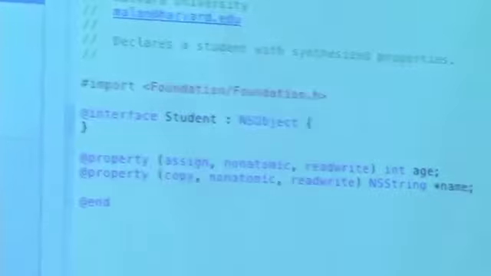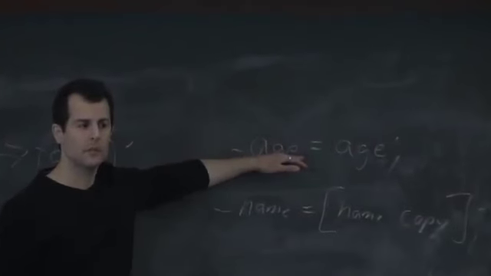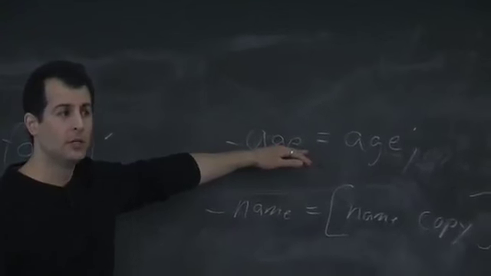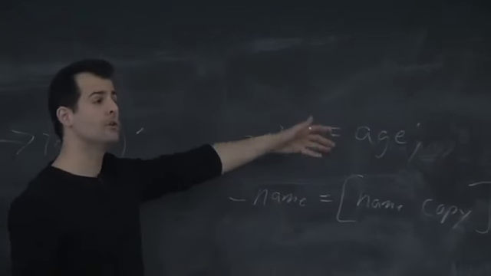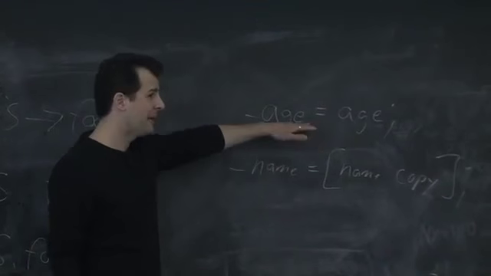So assign, this is OK. I don't need to copy the age per se. Why? Right, so it's a primitive you don't need to worry about. And specifically, I am copying it. But when you copy